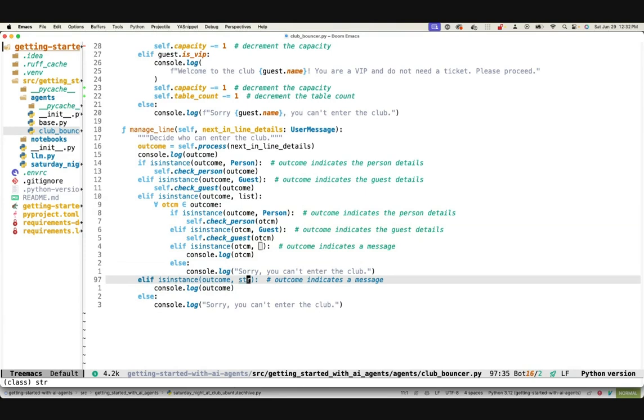In the case for string, we just print it. Otherwise, we just say, sorry, you can't